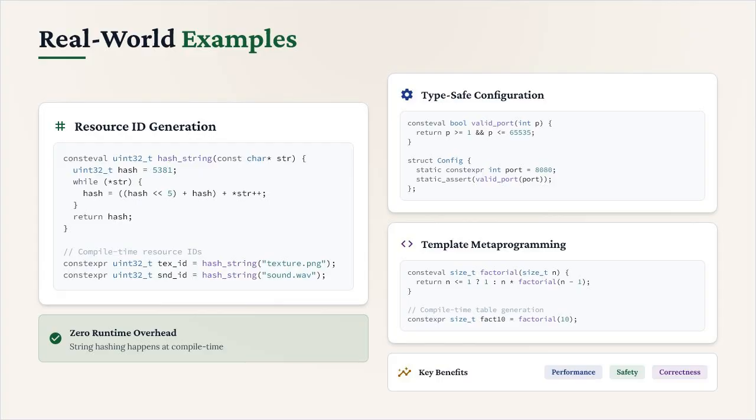The first example shows compile time string hashing for resource IDs, which is commonly used in game development and resource management systems. In this pattern, string literals are hashed at compile time to produce integer identifiers, eliminating the need for runtime string comparisons and reducing memory usage. The hash values are computed during compilation and embedded directly in the binary, resulting in zero runtime overhead for these